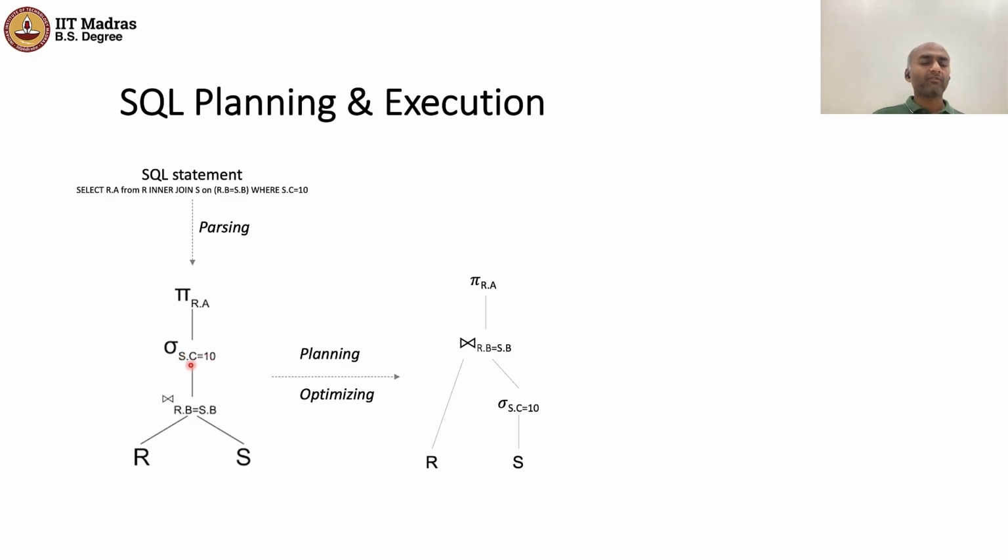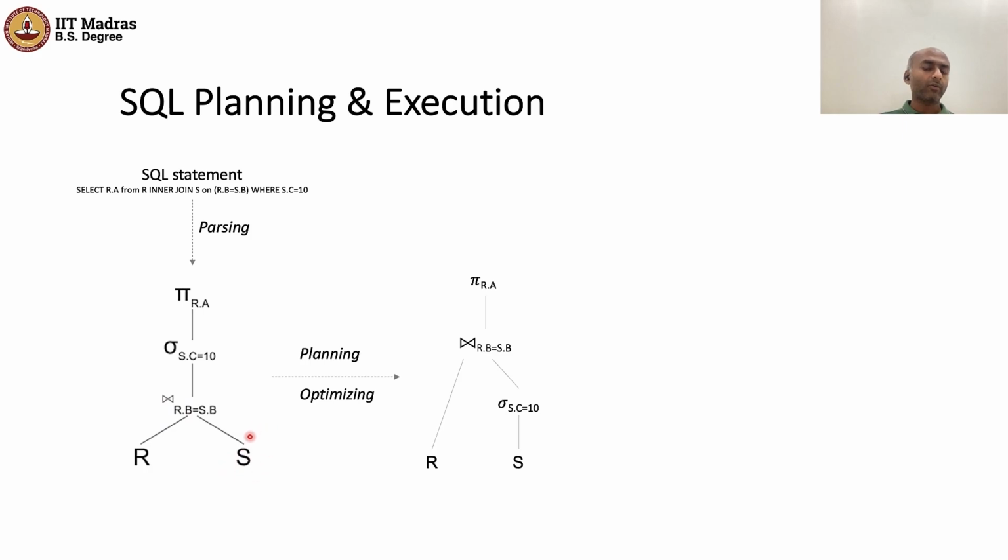So what I want to do is filter on a column, right? In fact, filter on a specific value of a column, s.c equals 10. But I am doing this in my first instance of the relational tree after the join operation is performed,